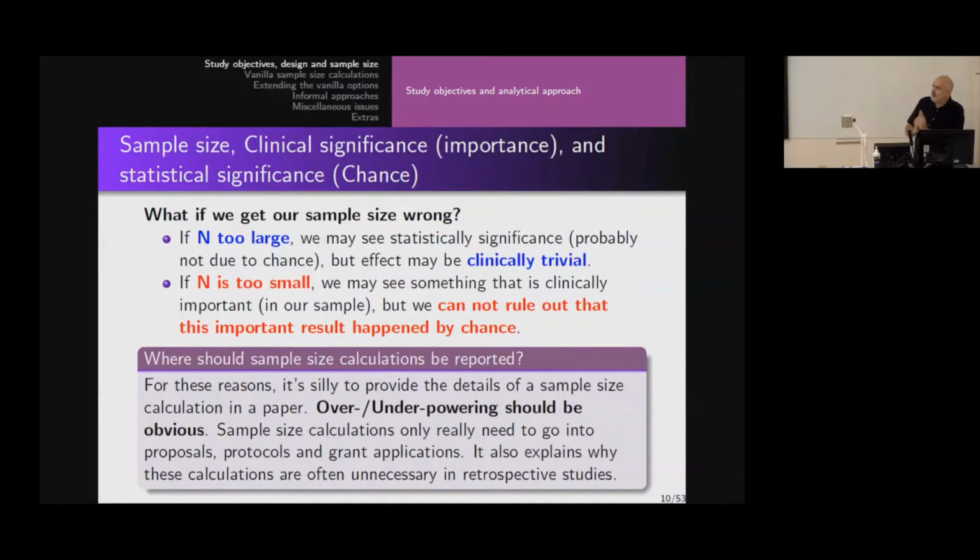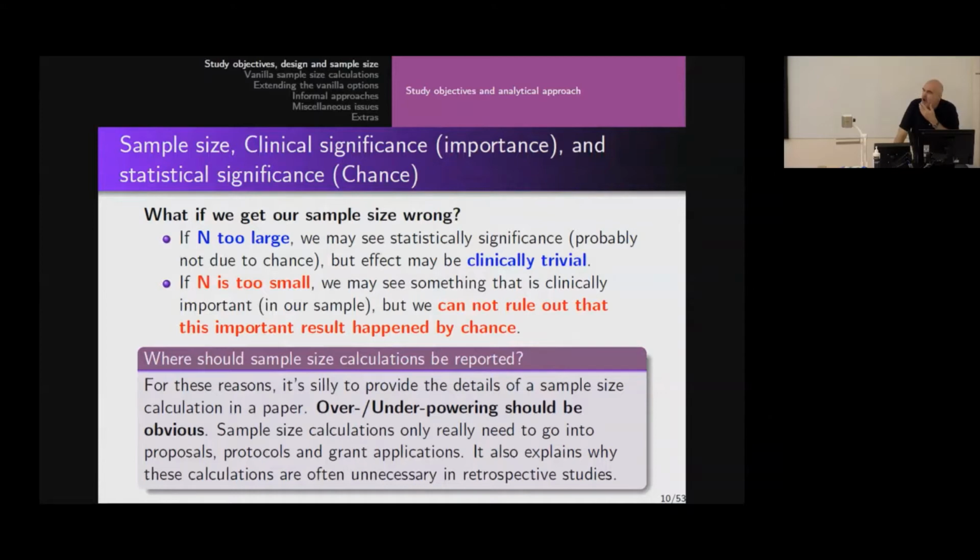And I just want to make a point here, and this is a pet hate of mine. I know it's a strong word. It's a pet hate of mine, and I get it all of the time in my papers. I think it is silly to provide a sample size calculation in your paper. In your protocol, in your grant application, in other words, in your proposal, yes, that is the place for it, and we can trust our ethics committees to do the right thing. But all of the time, I get reviewer comments saying, I want to see your sample size calculation.